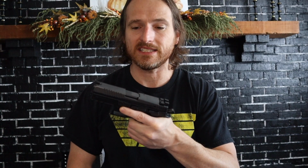And the bore axis is a little lower on the P-10C, so that means more of the recoil comes back into you, and I feel like the P-10C lets you use the recoil to shoot more instinctively, more intuitively, whereas the P-07 is, like I said, a little softer. The recoil just kind of disappears, and it's very mild-mannered, very stable, and a nice, pleasant gun to shoot, but it doesn't give you as much feedback and context shot to shot